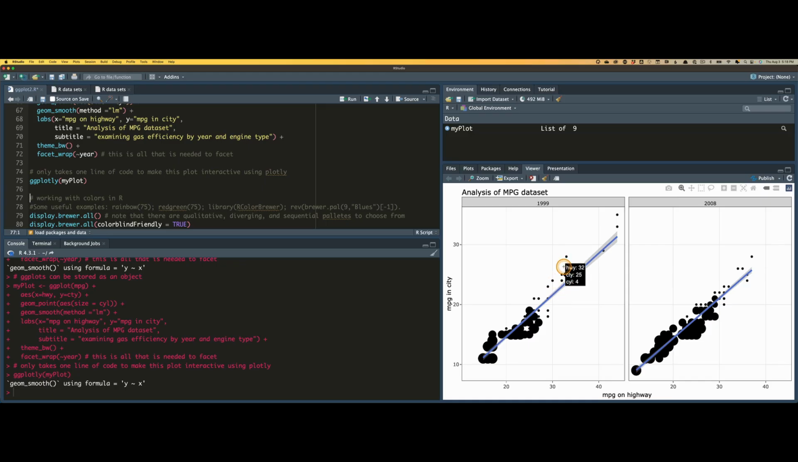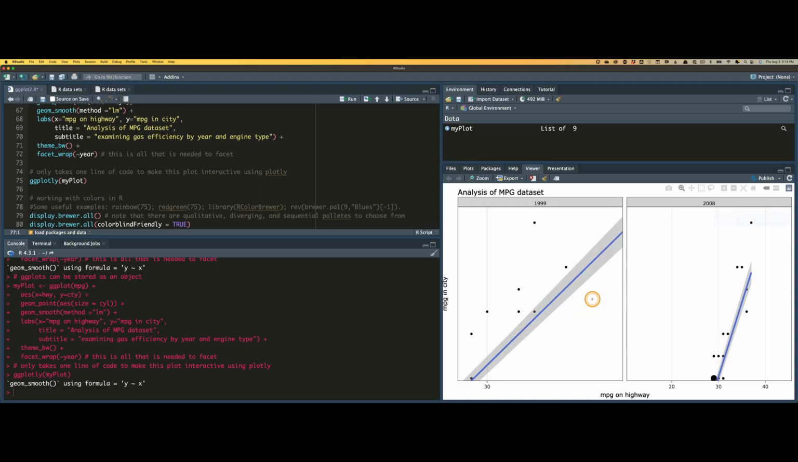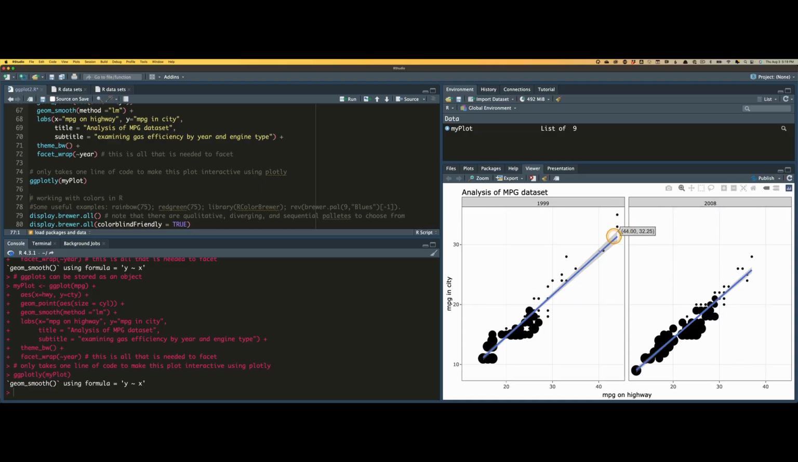I can see the highway, city, and the number of cycles in the engine. And you can control and customize these tooltips in lots of ways. But there's lots of interactivity here. I can zoom in on both plots. I can reset the axes and go home to my original plots. Lots of interactive capabilities without really having to do any coding, just passing my plot to the plotly package into